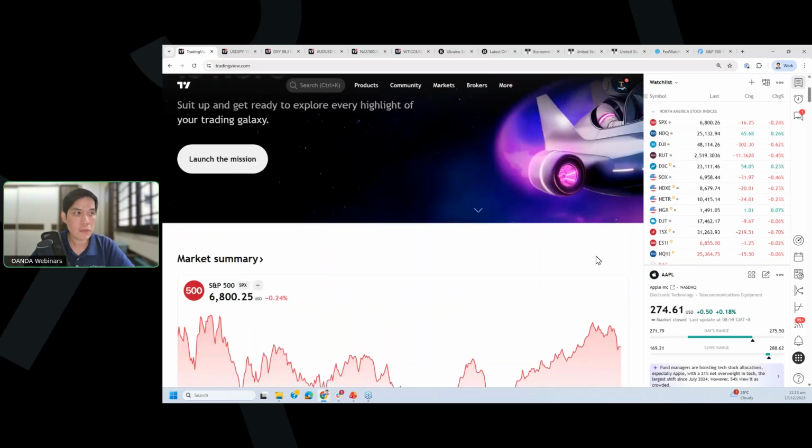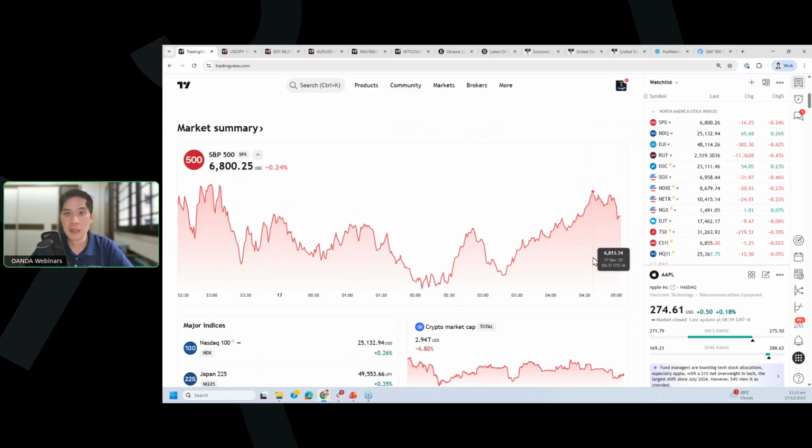So what we could see over here is that we do have some bargain hunting activities that have taken shape within the mega cap technology space, which are also part of this AI optimism, AI fear bubble narrative that has been switching to and fro in the last 2 months. So the Nasdaq 100 managed to see a bit of bargain hunting. That is the sole positive gain and outperformance yesterday, up 0.26%.